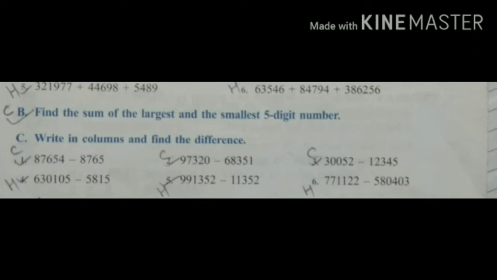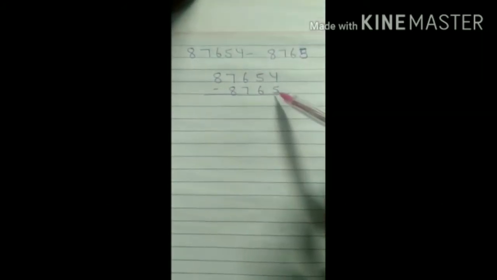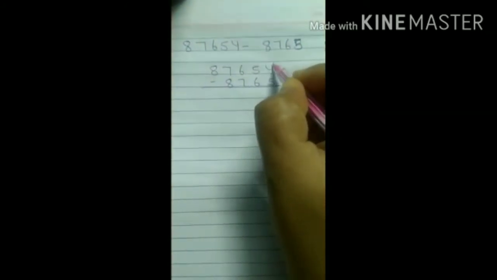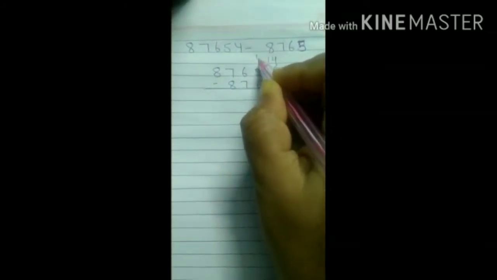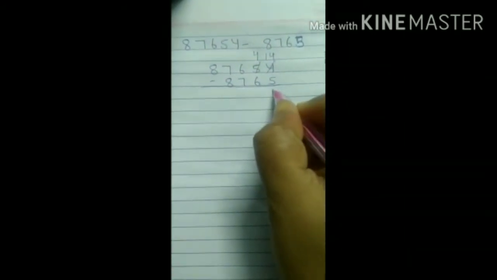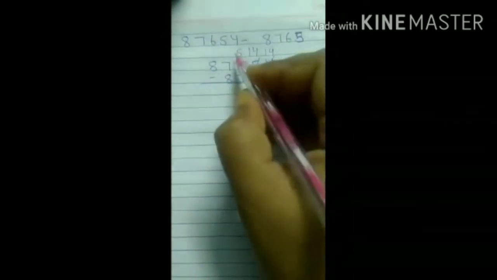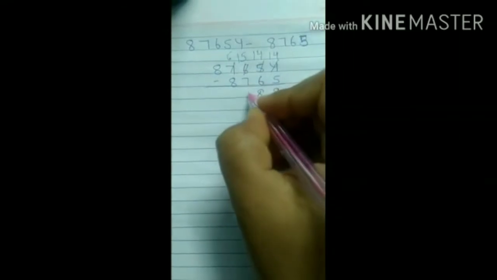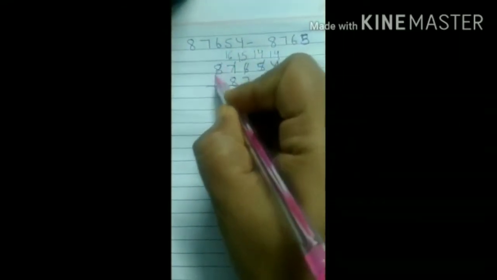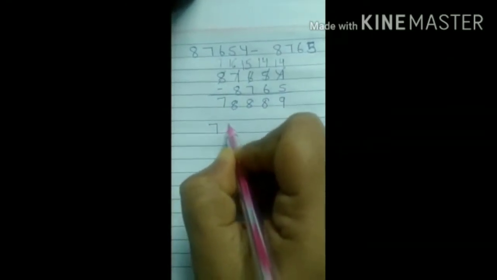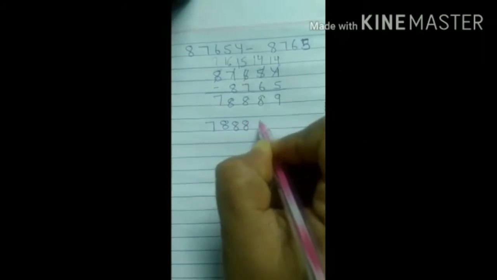In this question, parts 1, 2, 3 do in your CW copy and 4, 5, 6 do in your homework copy. First part of question C, the number is 87654 minus 8765. We arrange according to their place value, then 14, and it will become 4. So 14 minus 5 is 9, and it will become 14 and this is 5. Now 14 minus 6 is 8, now 15 and this becomes 6. 15 minus 7 is 8, now it will become 16 and 8. So the answer is 8, and 8 minus 1 is 7. So the final answer is